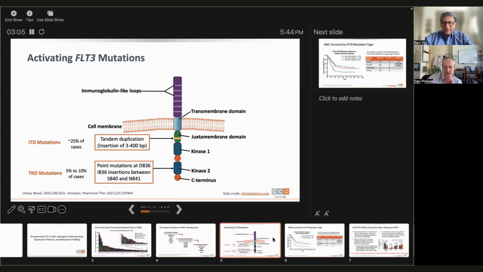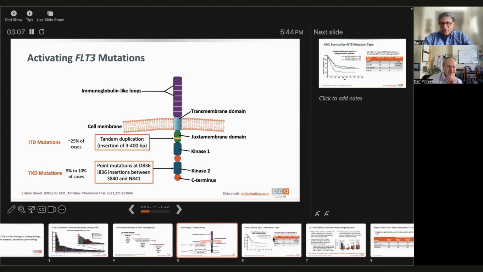And you sort of hinted at the two different kinds of abnormalities we can find in the FLT3 receptor. Could you just give us an idea of how common and what the implications may be? Yeah, so the more common is the FLT3 ITD, and that can occur in this juxtamembrane domain. And there's this insertion that can be upwards of many dozens of additional base pairs, and that accounts for the majority of the